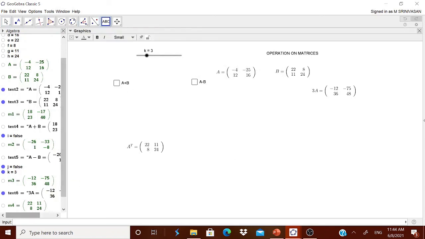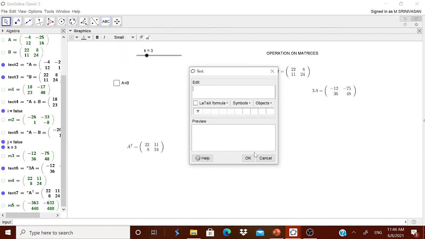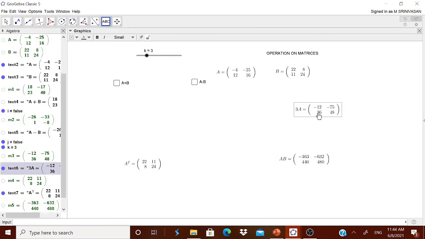Now in this input box you type AB. That's all you got. Now the product has automatically come over here. Therefore here in the text box you go and then write AB. Now I'm not showing everything to you. I think you have the idea of how to do it. So therefore AB, then go to the latex formula. Therefore you got it. Okay, now you see you got everything over here. A transpose, B transpose, AB, then product 3A, 3B, and so on.